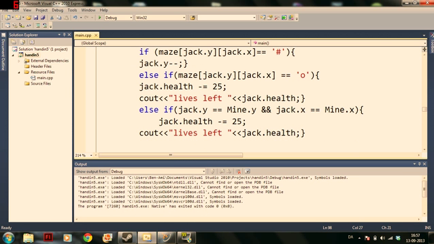And while this happens, not only will he lose his health, there will also be printed in the output lives left, and what Jack's current life is at that particular point when he hits the mine. And the next thing here is if Jack's y coordinate is equal to the mine's y coordinate, when he's moving